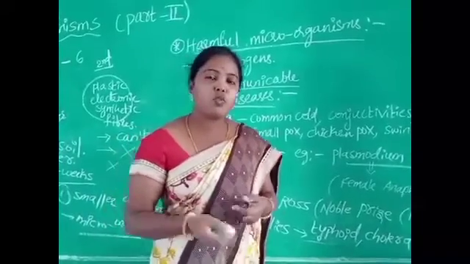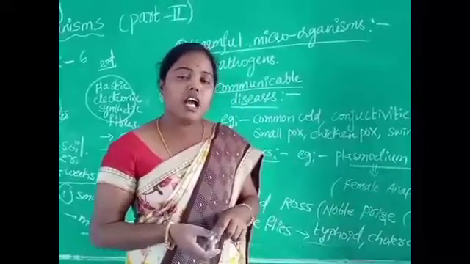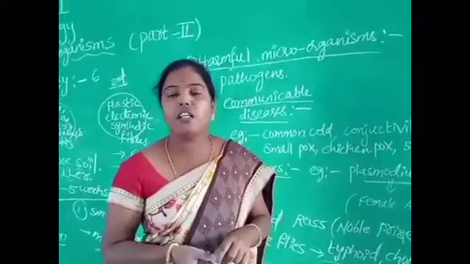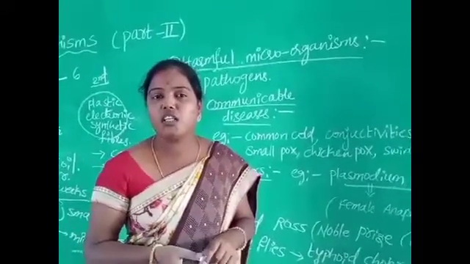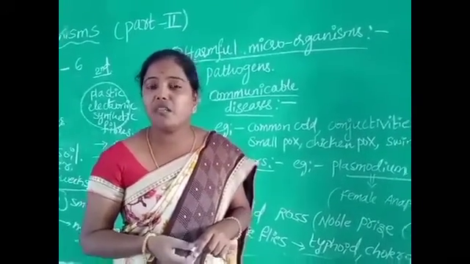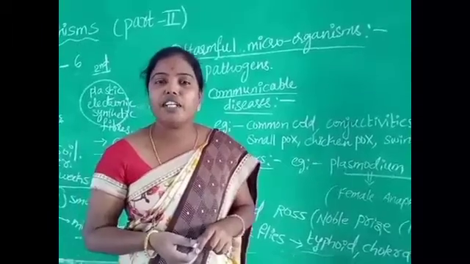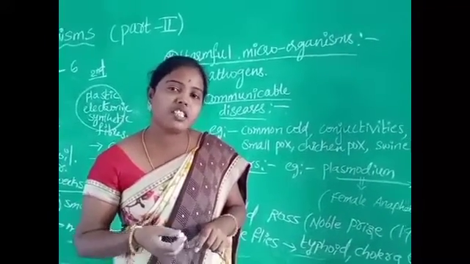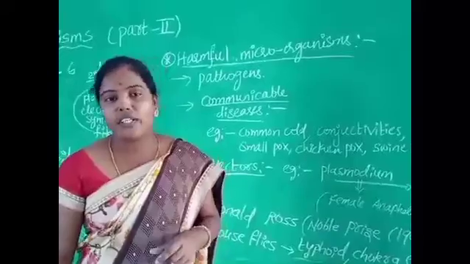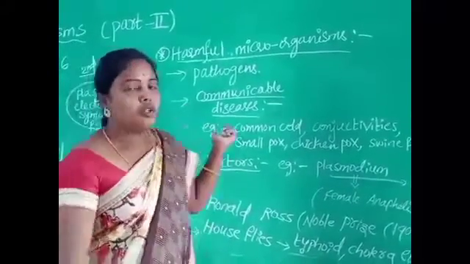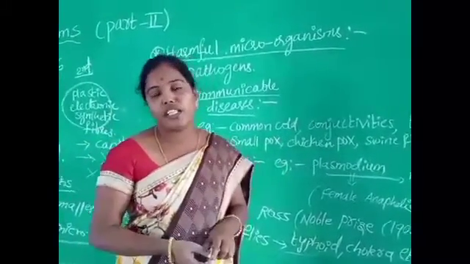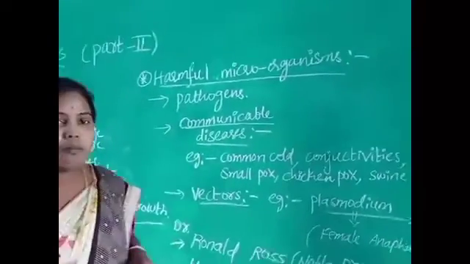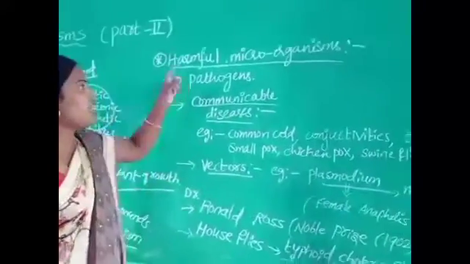Some useful microorganisms like Anabaena, Nostoc and Azotobacter, which are present in the soil, decompose biological waste materials present in our surroundings and convert them into useful enzymes and nutrients, which are supplied to the plant body. So about useful organisms, up to now we discussed. Children, next one more very important topic: harmful microorganisms.